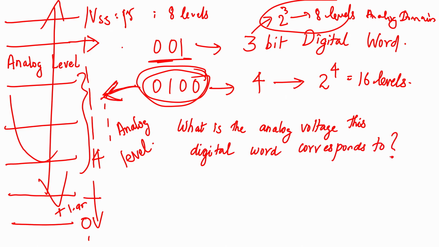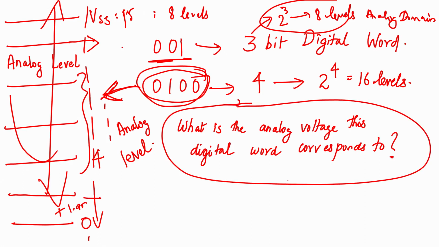Okay. This is the fundamental, why did I write this whole thing down? This is the fundamental question in, yes, you guessed it correct, digital to analog conversion, DAC. This is a fundamental question. Given that I have a digital word with me, how do I convert it into the corresponding analog voltage level in the given system? This is the fundamental technical question, the answer to which is your DAC.